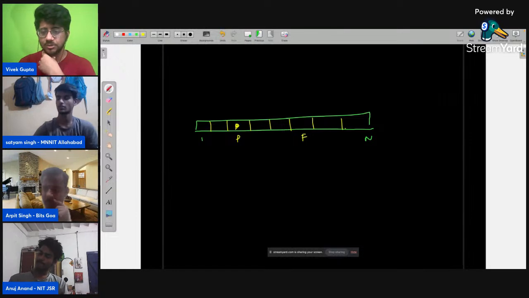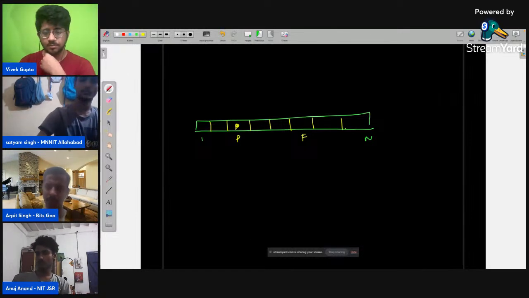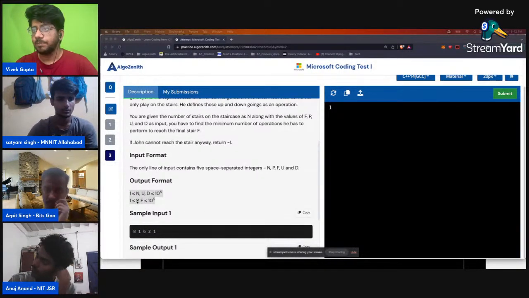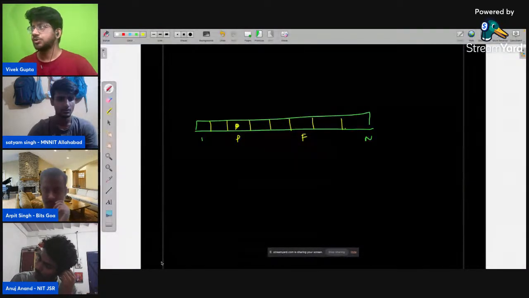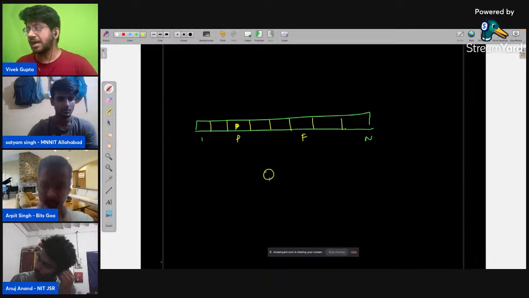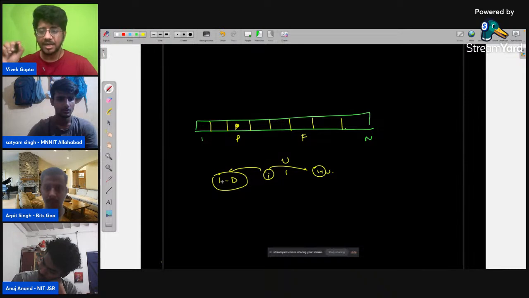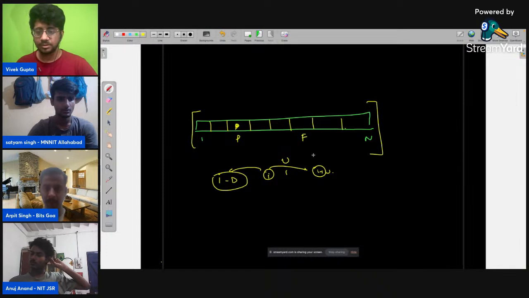Let's go back to the statements quickly. I'll just point this out. P, F and then U, D is given to you, right? So these 5 values are given to you. So from over here, for any I, if you do one step, you can go to I plus U and you can go to I minus D. Very importantly, another line is given, provided that it exists in this range, in the range 1 to n. Okay, provided that I minus D and I plus U exist in this range.